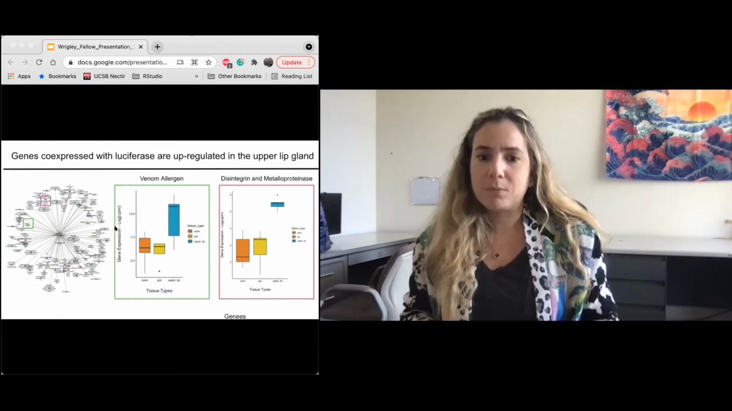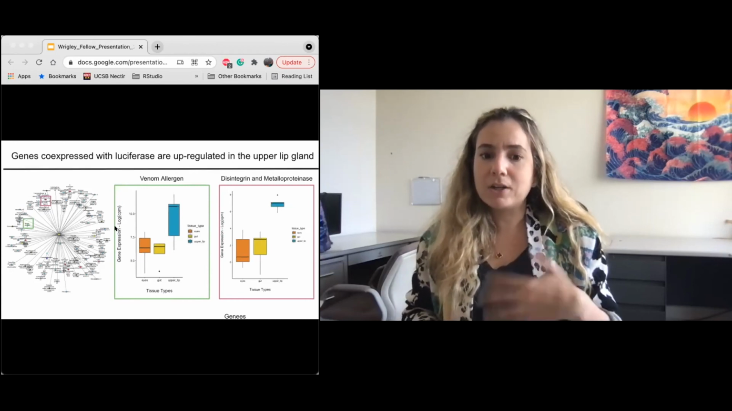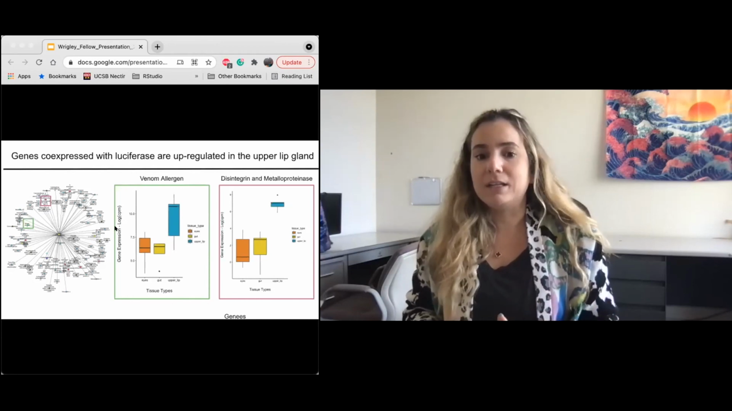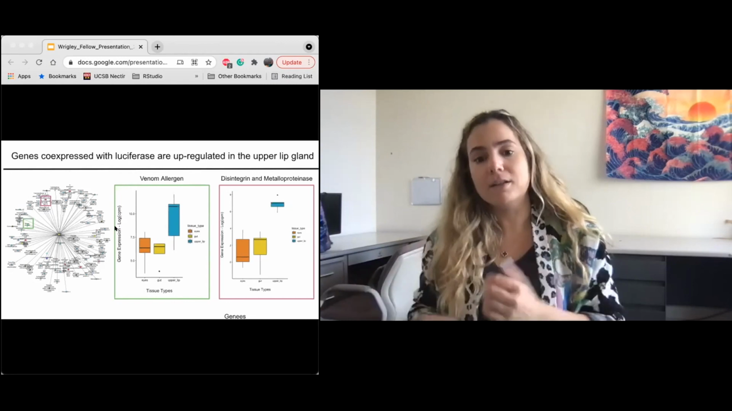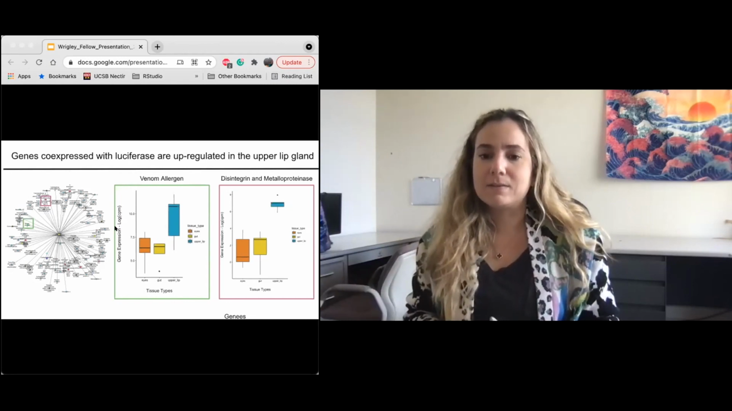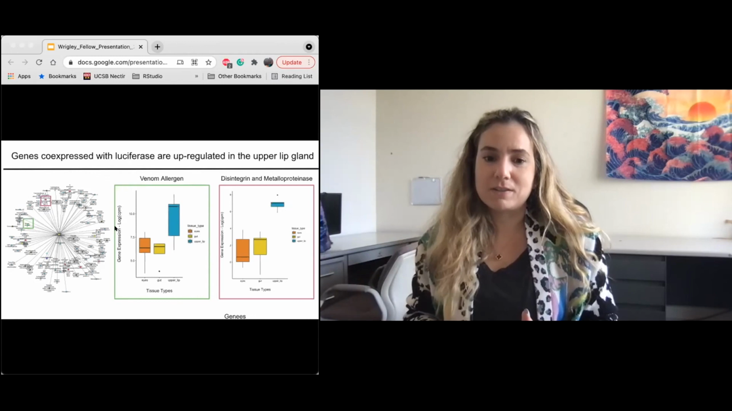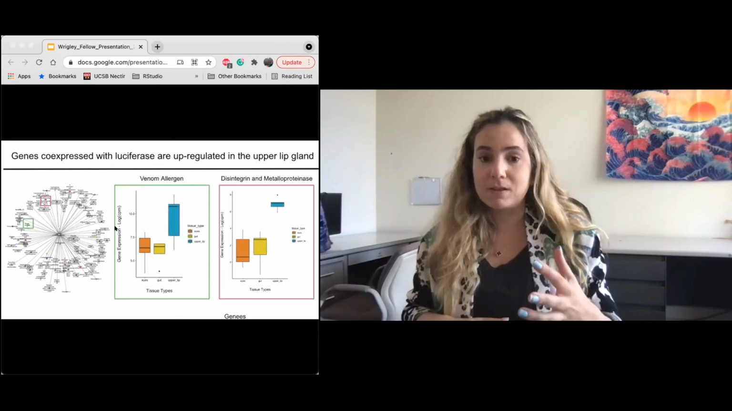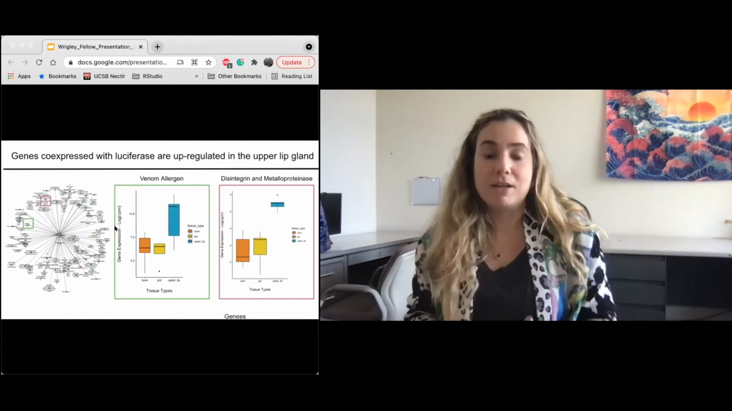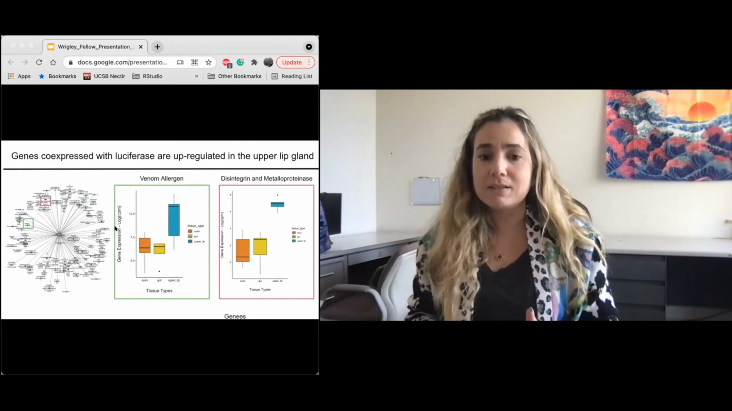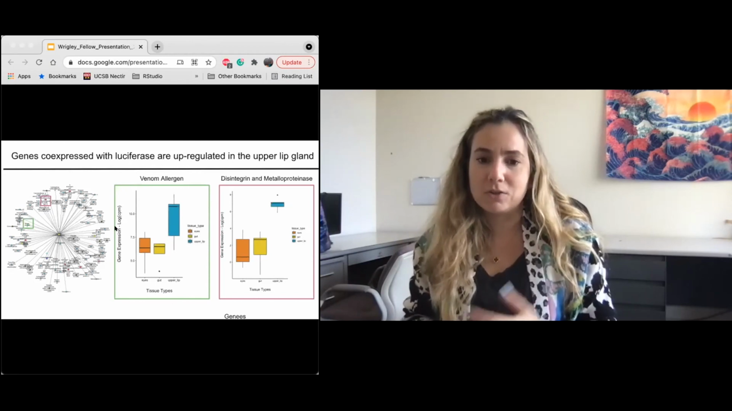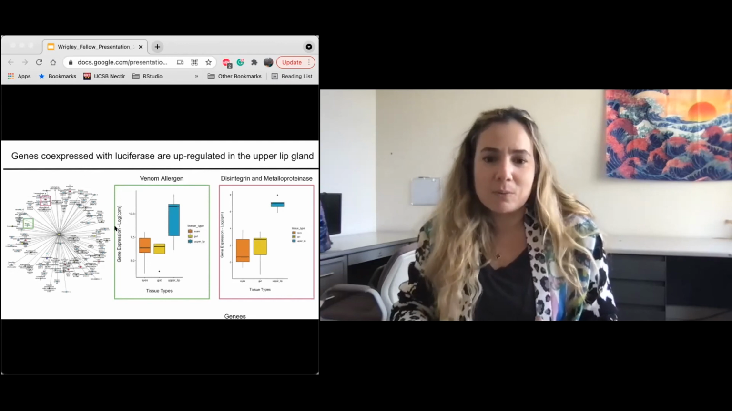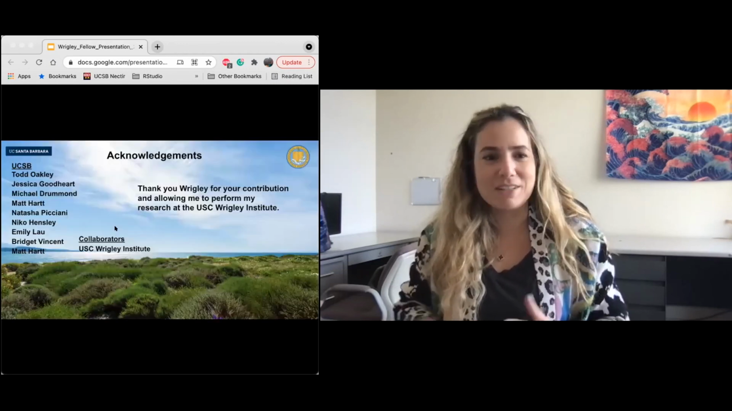So we found a lot of these highly co-expressed genes with luciferase to also be upregulated in the upper lip gland compared to non-homologous gut and eye gland. And that's pretty cool because it kind of suggests that maybe the bioluminescent network may have been co-opted from this conserved venom network that exists in closely related crustaceans or venomous crustaceans. So that's a little bit of my preliminary work, and I think I'm a little over on time, but